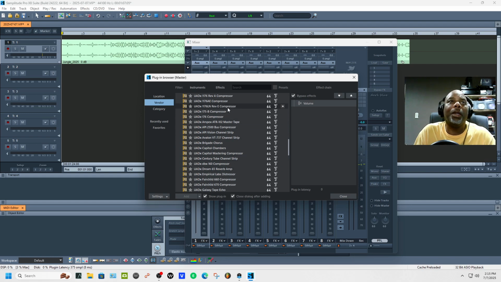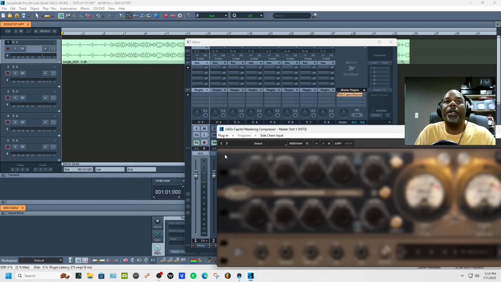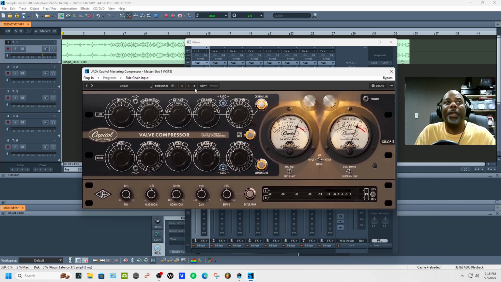UAD Capitol right here, the compressor. So we open this up, and this is what I did. So that's the snap, which is being caught.